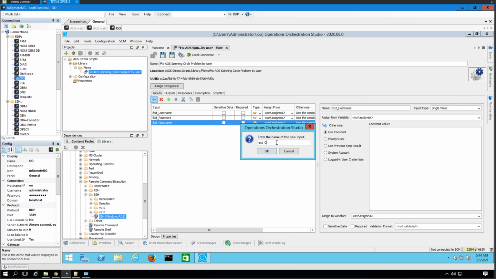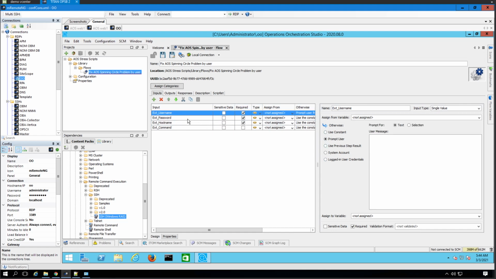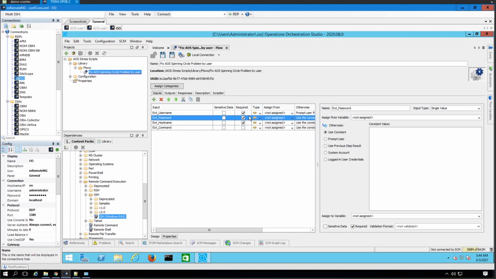Why? Because sometimes people ask me for runbook, so if I control it from the outside, at least I can share my work with everybody else, right? So that's going to be the ext command, and also I'll make it use constant. So this one is required. I'm going to say that username is prompt the user, and it means that in the integration, it would expect this parameter to be transferred to it. Okay, and this is also prompt user, and this one will use the constant,